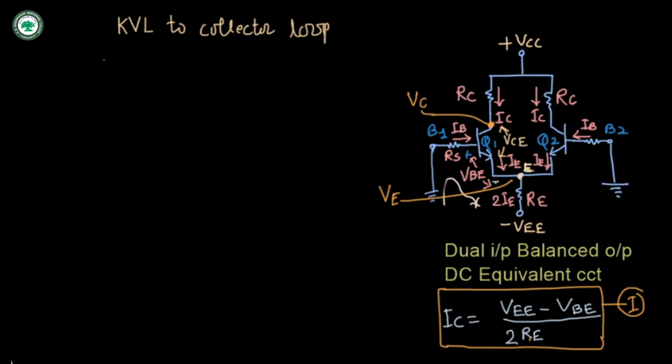Now we will be getting, say, VC is equal to VCC minus the collector current into the collector resistor, ICRC. Now VCE is nothing but this VC minus VE, that is the emitter point voltage. So VC is VCC minus ICRC